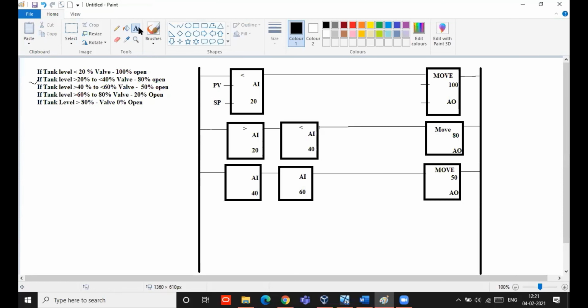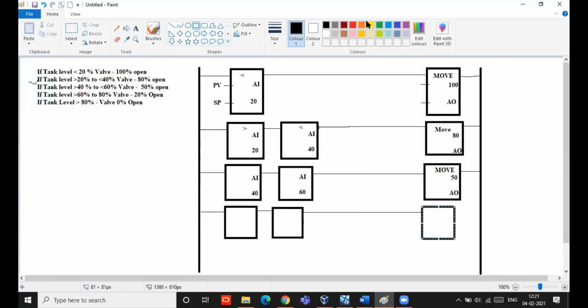Now same way, what is the next condition? If tank level is 60 to 80. So if tank level is 60 to 80, what should happen?